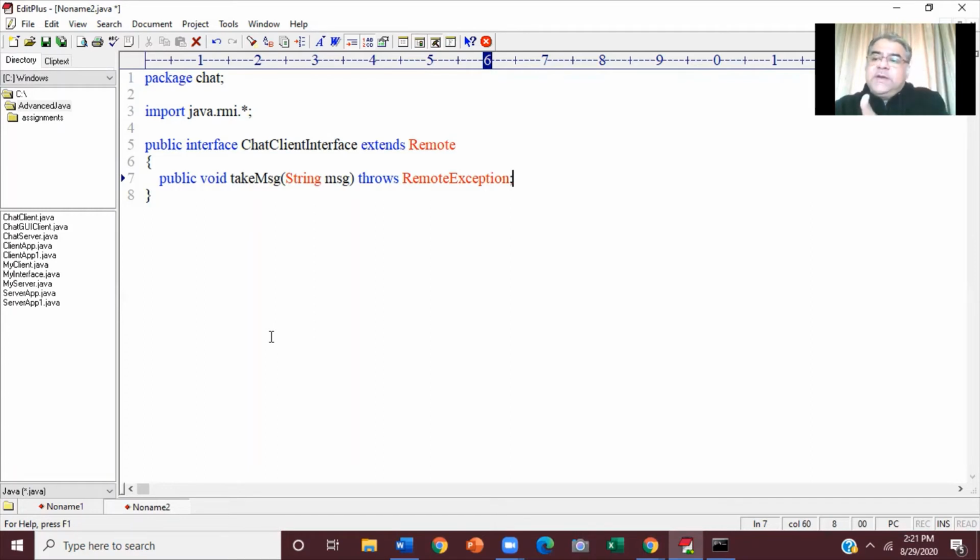Should server come and give the names to the client, or should client go and pick it up from the server? If server gives, how will he give? He will call a method on client and pass those names as argument. And if client goes and picks it up, client calls a method on server and that method returns those names. What do you think? Which approach do you think is correct?